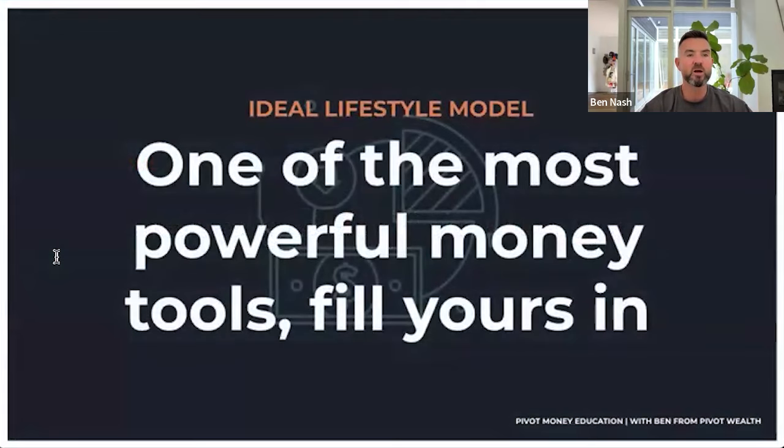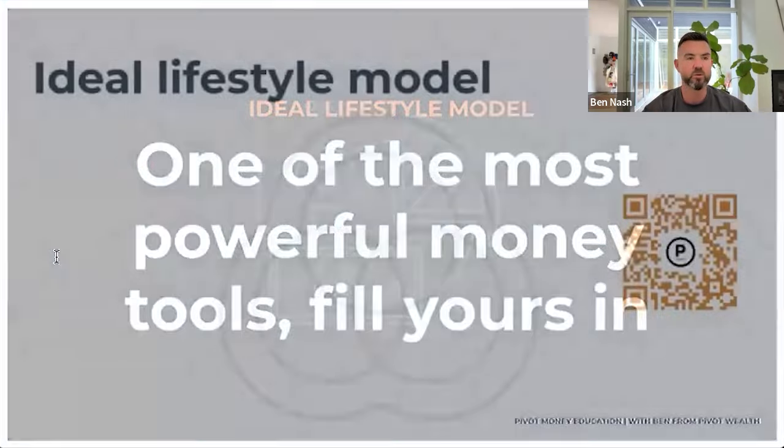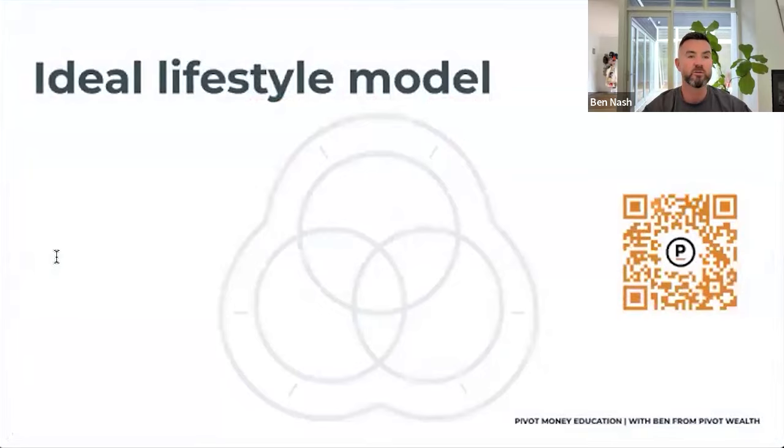So, guys, I'm going to get you working in a second. So get your workbooks fired up because I'm going to share with you what I call the ideal lifestyle model, which is one of the most powerful money tools that you can use. And I want you to fill it in as we go through. Now, you'll see on one of the pages, and I do have the QR code there for anyone if they don't already have the link, there's this weird looking picture, a bit of a Venn diagram with some lines around it. It basically will help you to rank where you're at in the different key areas of money, and also give you some direction on what you should focus on next, the things that will move the dial the most for you when it comes to your money.